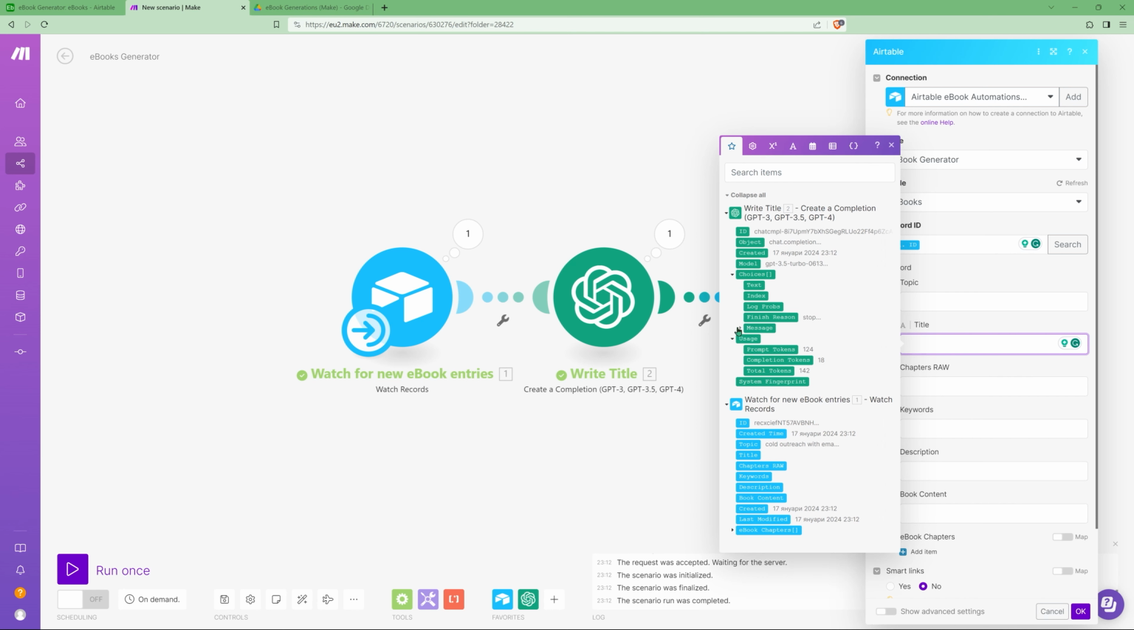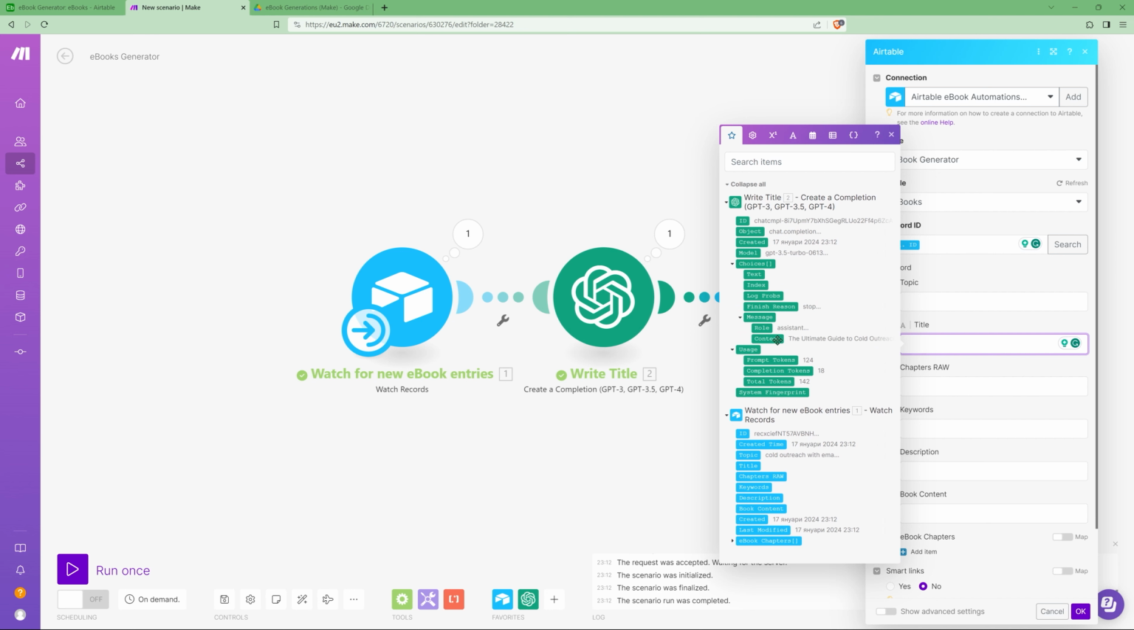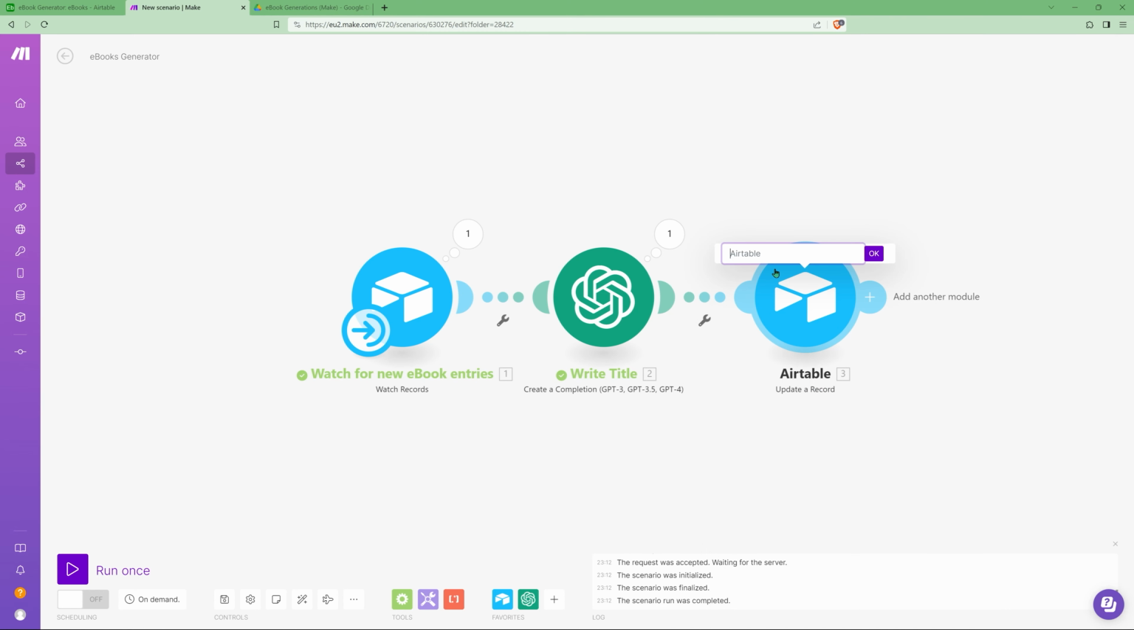We're gonna go to choices, message, content, and you see here a preview: the ultimate guide to cold outreach, something. Gonna hit OK, and I'll say update title in Airtable. Now that we have our topic, we generated the title, we updated Airtable, the next step would be to